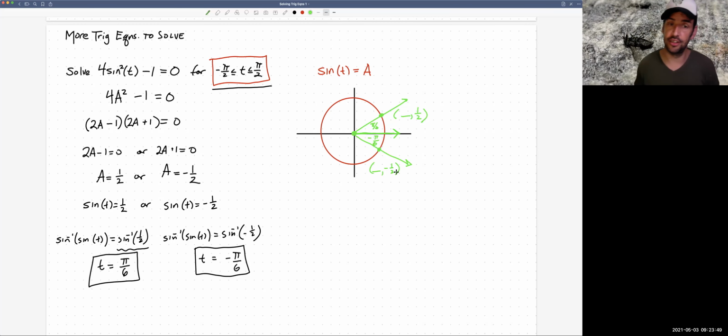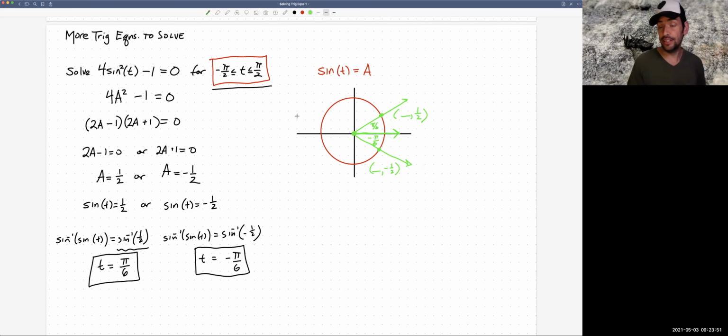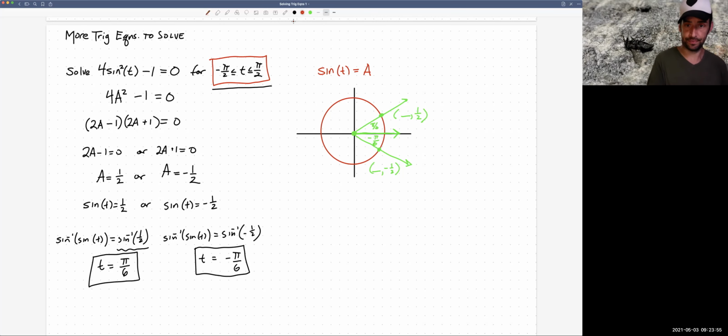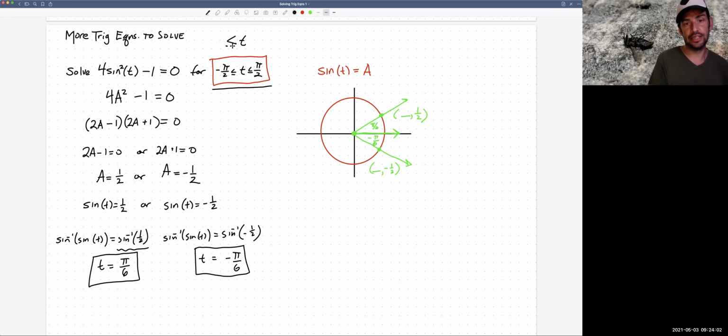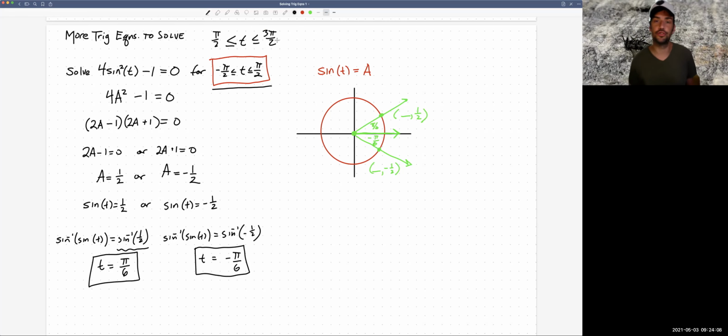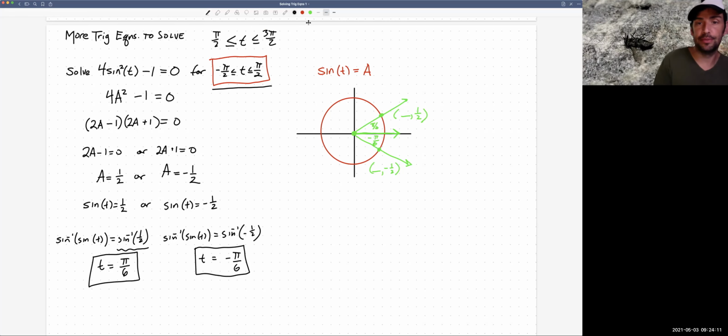Okay, so we have to understand that this is what inverse sine does. For instance, if the question had asked us to produce an answer with values between, let's say, pi over 2 and 3 pi over 2, so I'm changing the question now just for an example, we would be looking on the other half of the circle, right? We would want to be able to say, okay, inverse sine gave me this answer over here, but